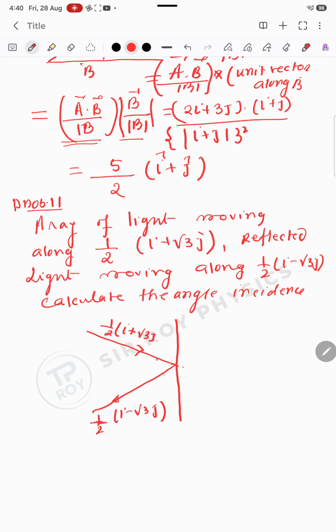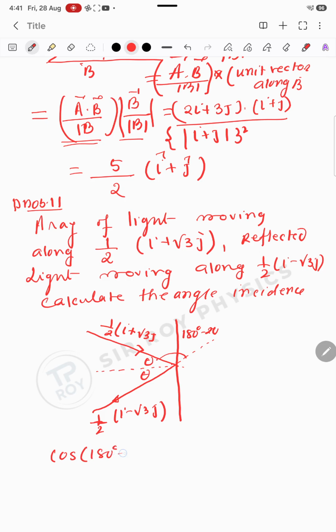This is the angle of incidence, theta. It is theta. What will we do? We take the tan theta. Then you consider this is the angle between these two vectors, that is 180 degree minus 2 theta. So cos